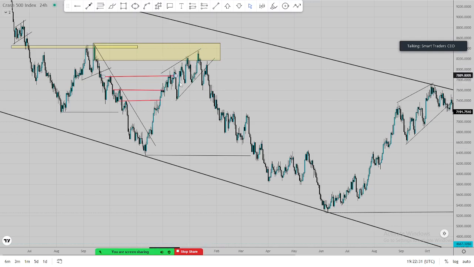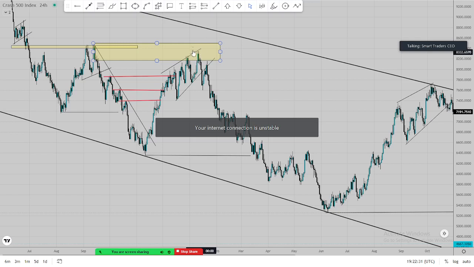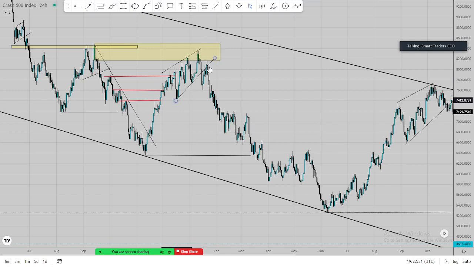So after we reached our zone there, we realized the market formed this channel to the upside. Upon the break here, you could have sold immediately there on the top, on the supply. Then as well, upon the break, touch, break, retest, you could have sold as well. Selling here, where is our target? Remember, we are still in a bearish market. Why am I saying this? The market failed to break this recent lower high. This recent lower high wasn't broken, meaning we are still in an overall bearish market structure. So when we are still in an overall bearish market structure, we expect our lows to be taken out.